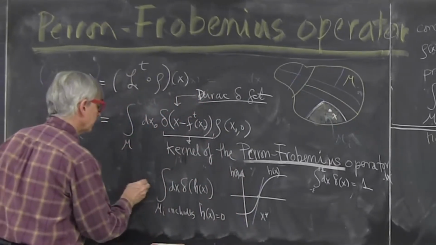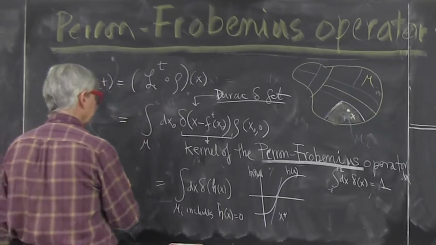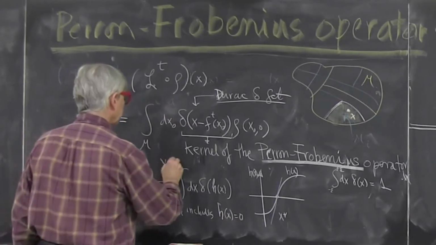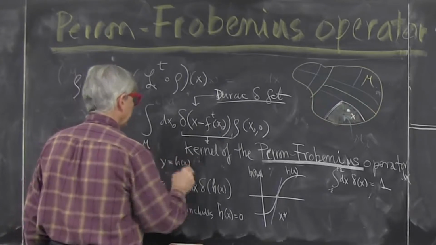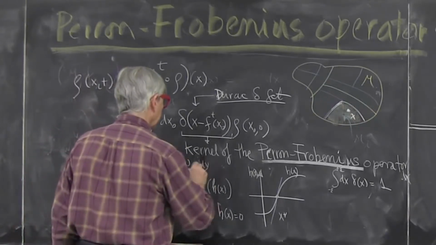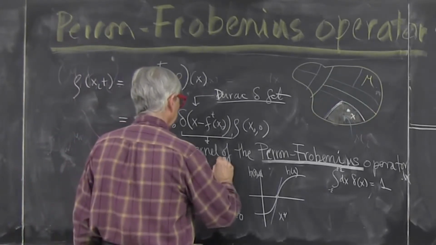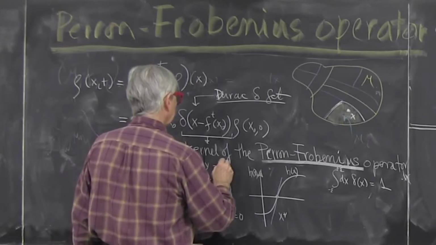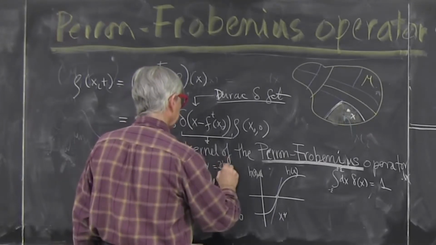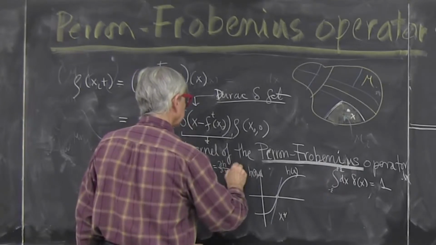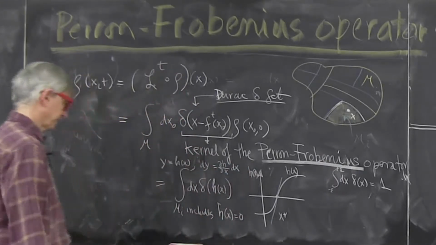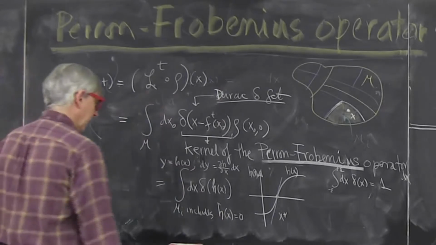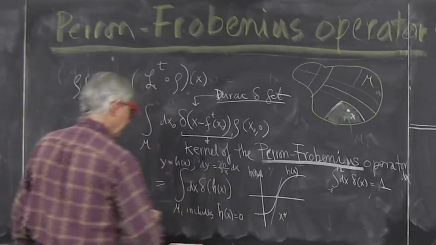And that transformation will just pick up a derivative because you'll define y equals h of x. Then dy will be dh dx. And that'll give you